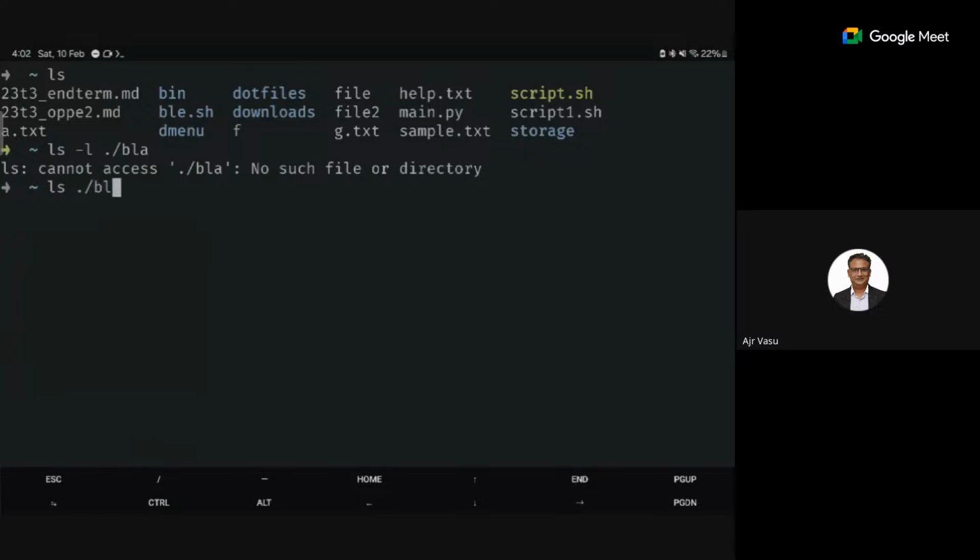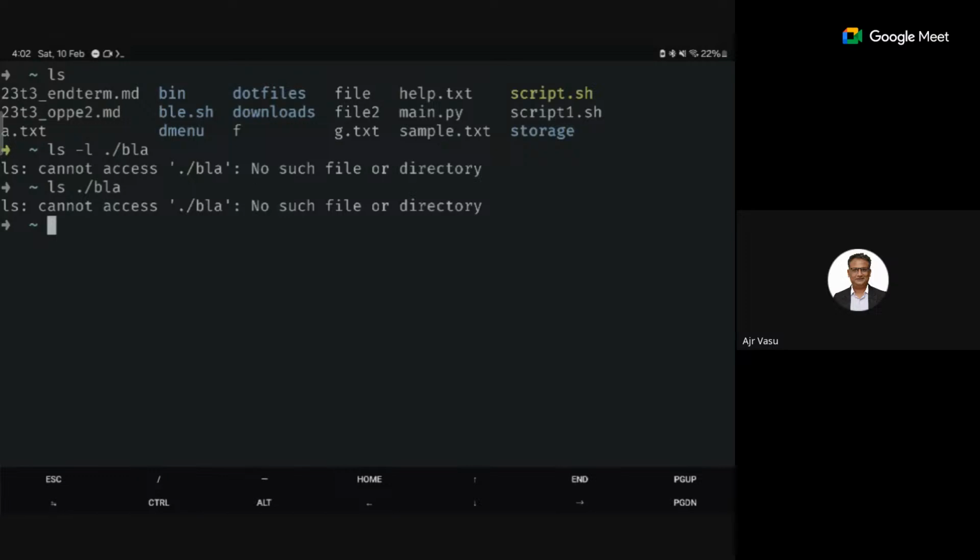It will not work because blah is referring to a file or directory present in the current working directory. This dot slash means it is on the current one. I know, the professor had used it as a standard command. Both of them work. Maybe the professor has the file named blah. Yeah, just do this command, sir.